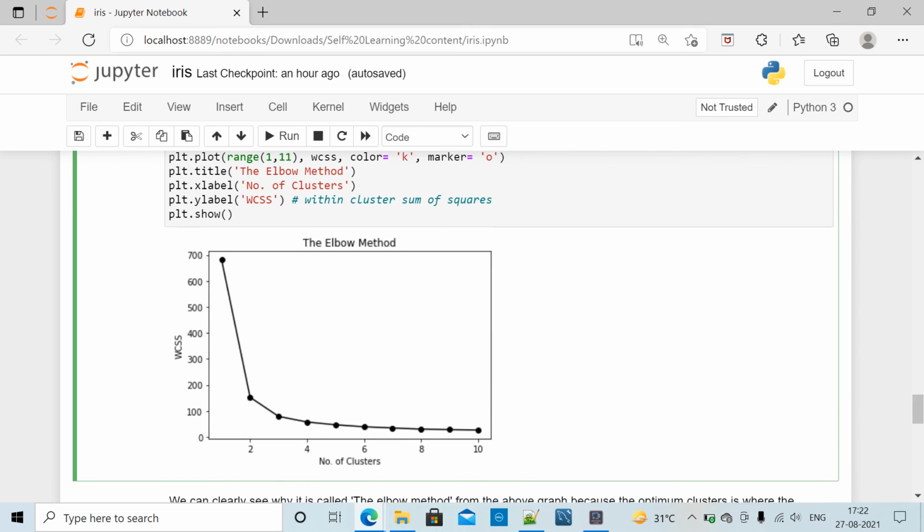Then we have plotted our graph, and this is the elbow method. So this is the kind of elbow of our data.